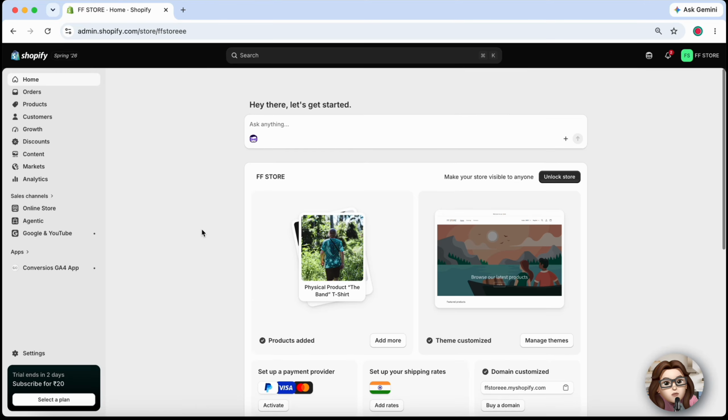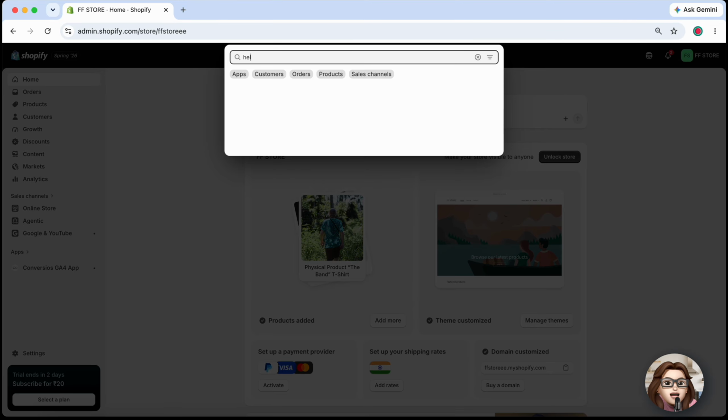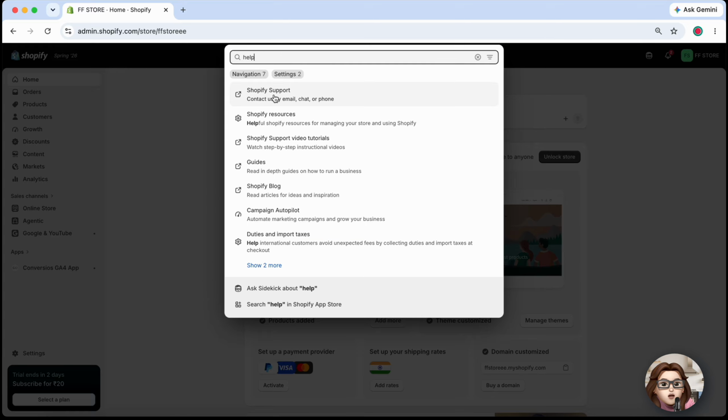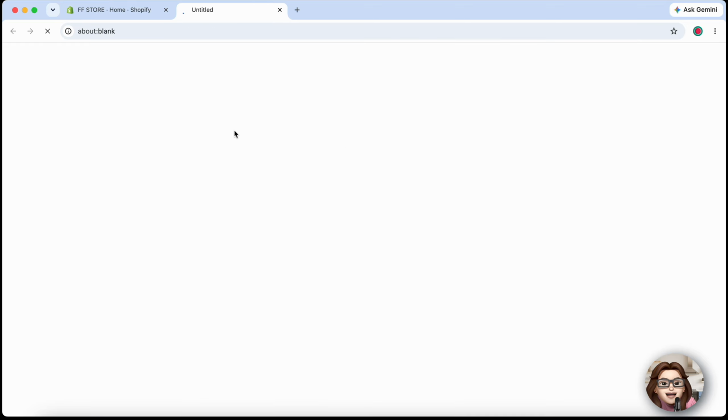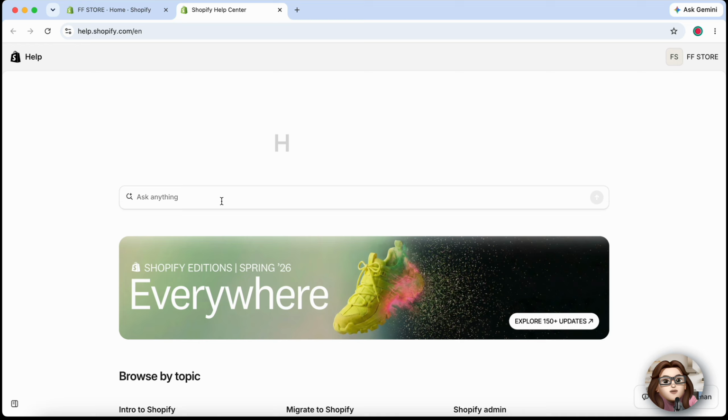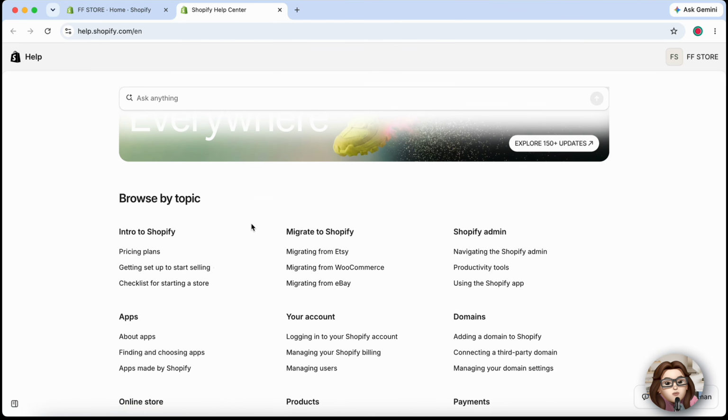of the screen. Click on it to open the Shopify Help Center. Inside the Help Center, select Contact Support. Shopify may first guide you through help articles or live chat options before giving you the ability to email support